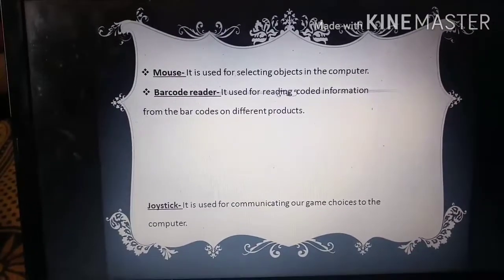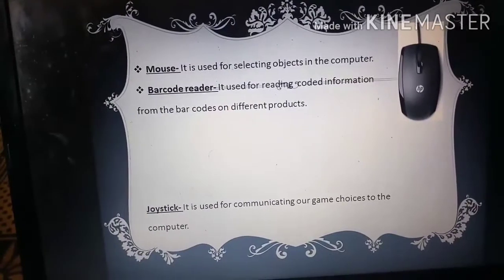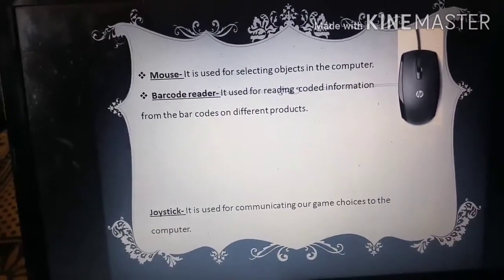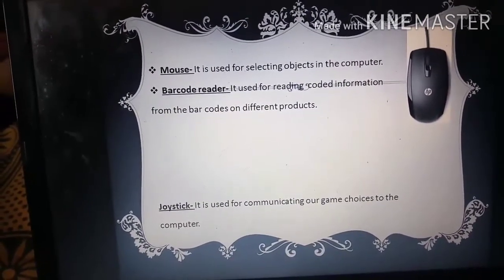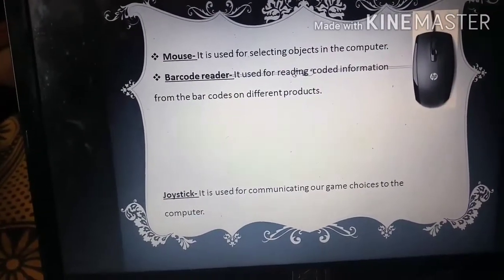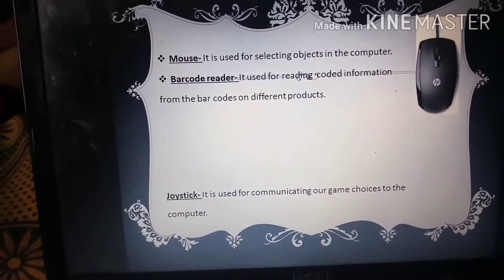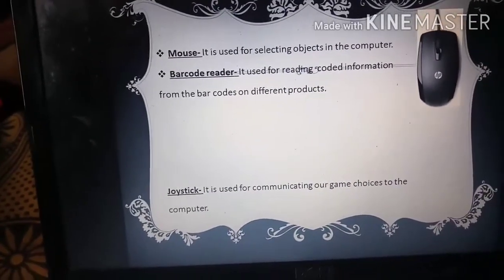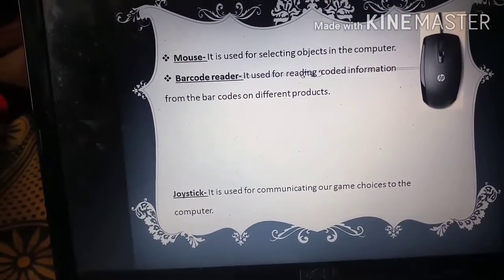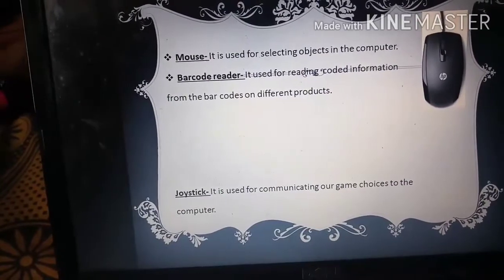So let's see the image of a mouse. Yes student, it is a mouse of which company? Yes, HP company. You see HP is written. This is an HP mouse, and it is used for selecting objects in the computer. As I told, objects mean any shape or icons, files, documents which show on the desktop.